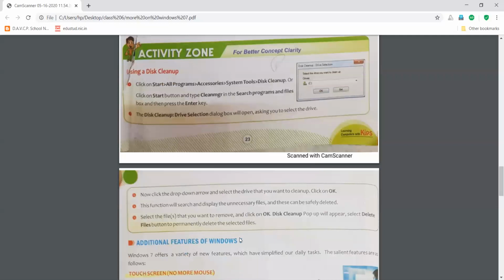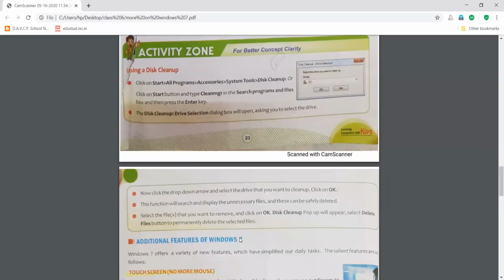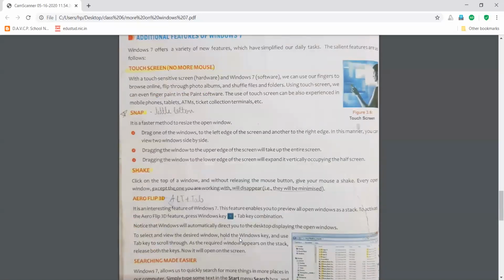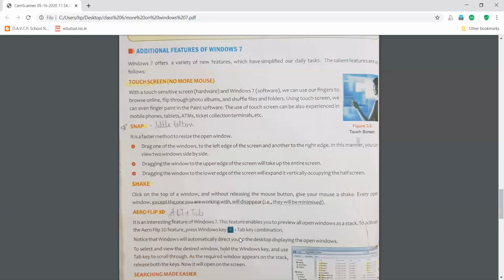You have to click on the start menu, then go to all programs, then accessories, system tools, disk cleanup, right? Then after clicking on disk cleanup, beta, it will ask you a few options about whether any data is necessary or not. Then you just click yes, yes, yes, no, no, no, and then you will proceed, and in the end your disk will be cleaned. Disk means your hard disk as well as your temporary memory, right?